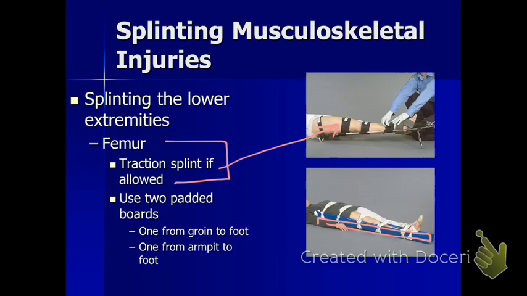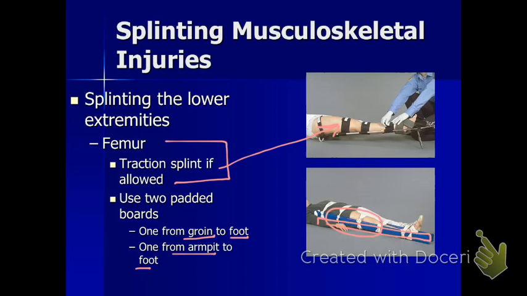Again, remember the rule of thumb for any injury that we are splinting. Joint, we're going to splint the bone above and below. Bone, we're going to splint the joint above and below. If in fact we have a femoral injury here, then we really want to splint from the groin all the way down to the foot if we can, or from the armpit to the foot, and that's a bit extreme,